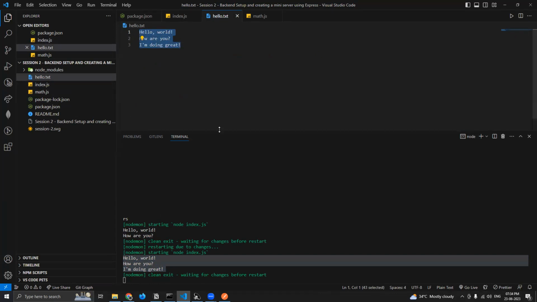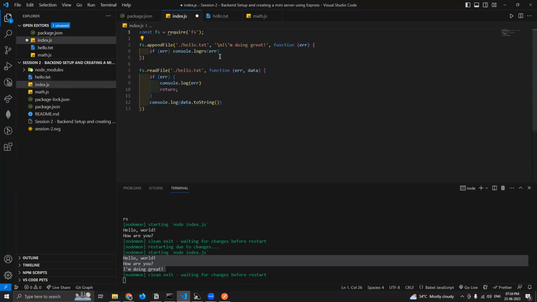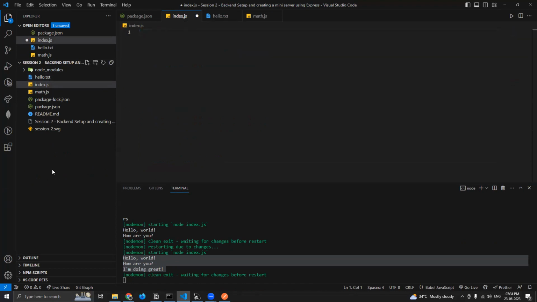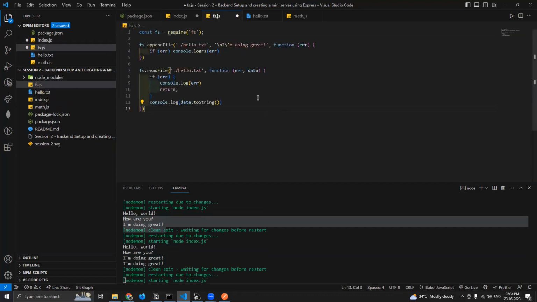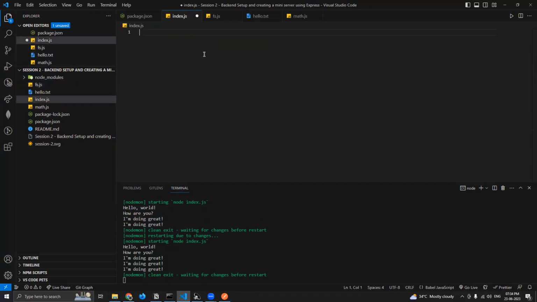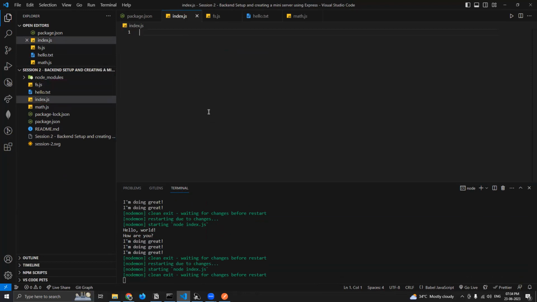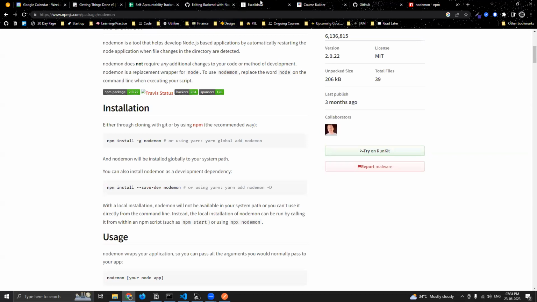Okay, so like this, we have many methods that you can work with in fs. You can write, you can create new files, you can check if folders or files actually exist, right? I'll just put this in a separate file, fs.js, so later we can use it, okay? Yeah, the next one was called